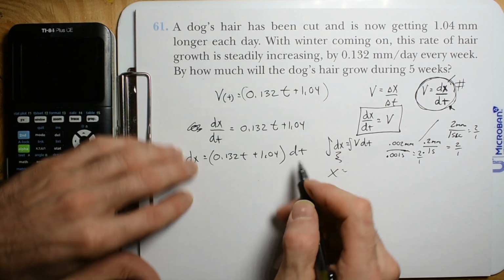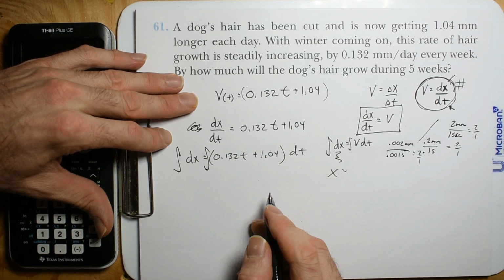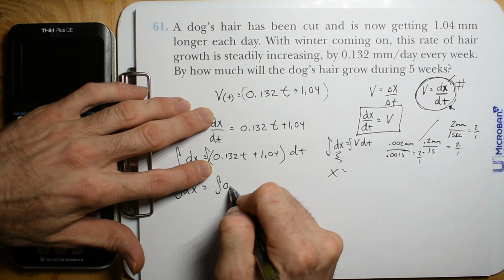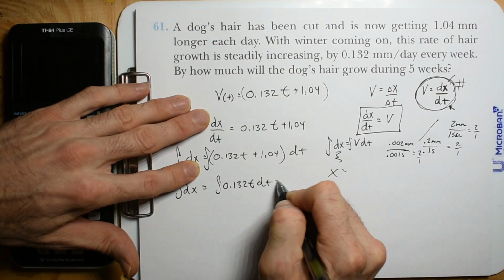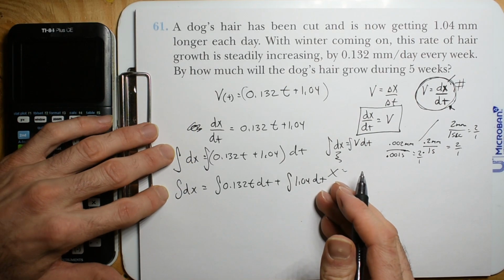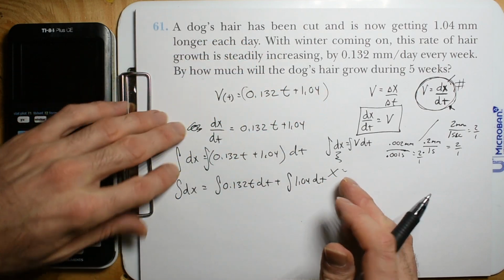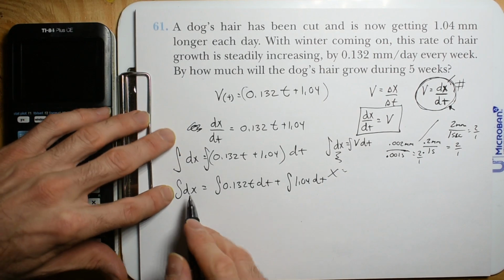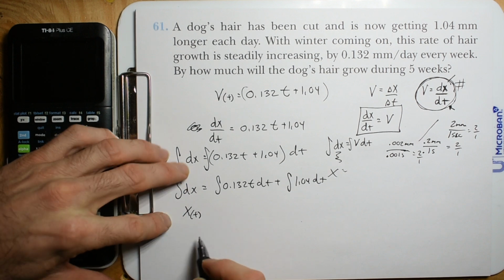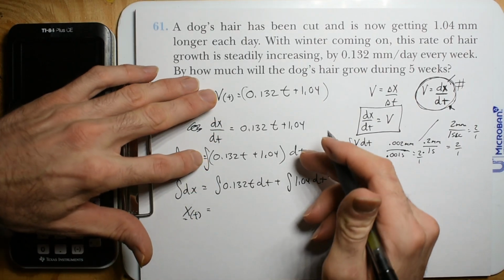Now this is like a parentheses here, and then we integrate. But yeah, it is parentheses. I mean, if you wanted to get hella technical, you could be like, hey, this is the integration of dx, integration of 0.132 t dt plus integration of 1.04 dt. It's always good, anytime you can do something a little bit different and it still makes mathematical and logical sense, to work on those skills. All right, so now we're going to integrate. This just becomes x, and again, it's an equation of position at any given time. All right, and so when we integrate this,